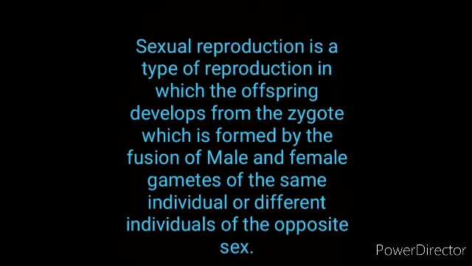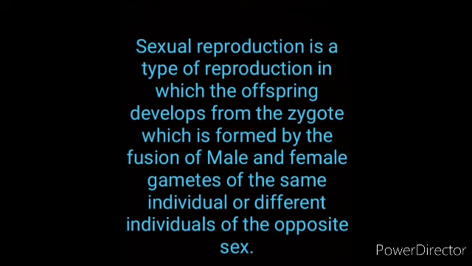Next, we will discuss sexual reproduction. Sexual reproduction is a type of reproduction in which the offspring develops from the zygote, which is formed by the fusion of male and female gametes of the same individual or different individuals of the opposite sex. That means the offspring, or the progeny, or the young ones develop from the zygote after the fusion of the